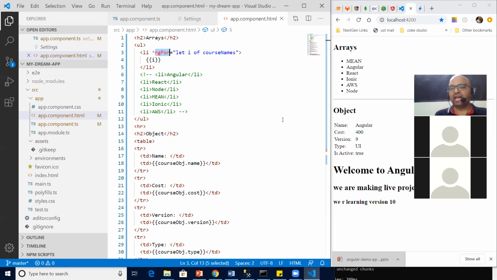Okay, so Pinky is saying last section, please repeat. In the last section, what I told is we have different kinds of directives. You have not seen those directives yet, so how will you be able to understand? That is why I said I will go step by step and then tell you what type of directive each is. So this is a structural directive. All structural directives should start with an asterisk. Now let me jump to one event-based directive, then the picture will be more clear to you. We'll go step by step, don't worry. So this is a structural directive, ngFor, ngIf. These are structural directives.